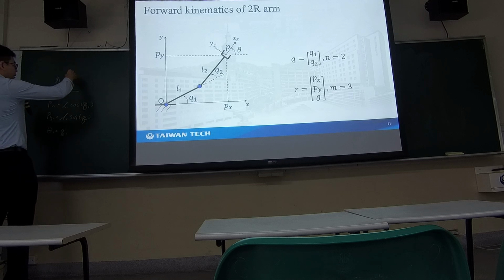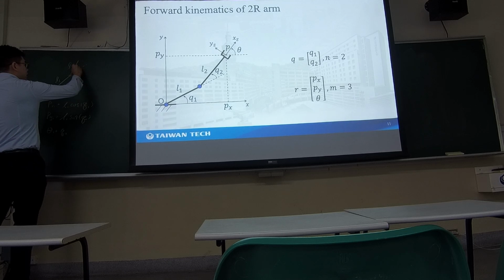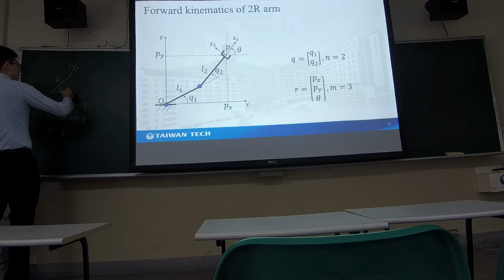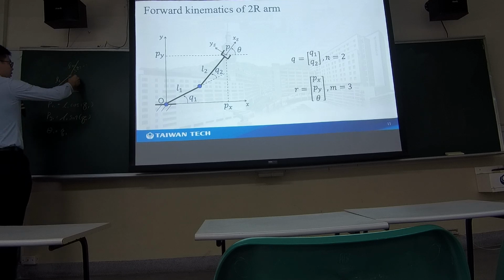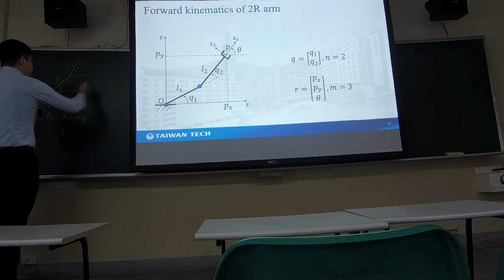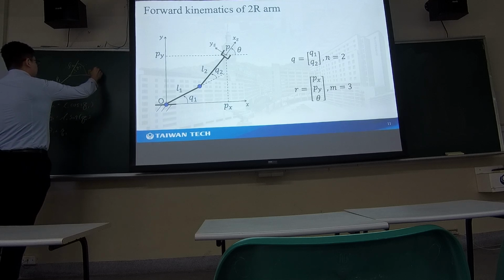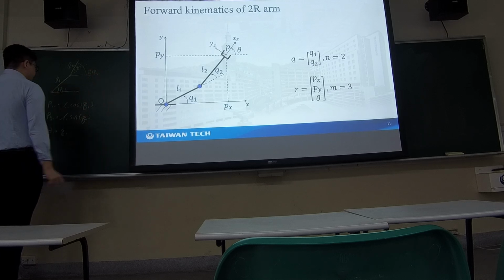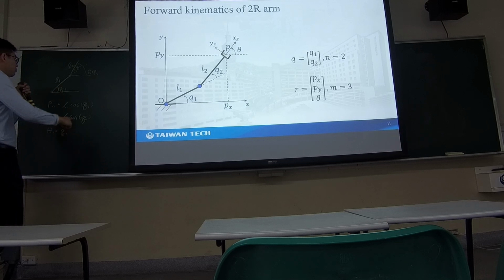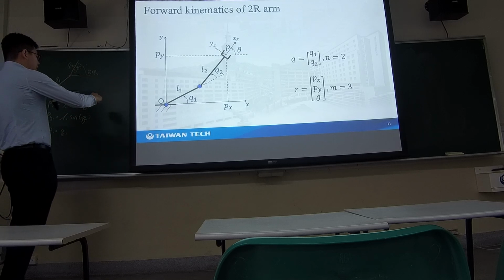And how do we calculate link 2? So we will have this one, which is Q2. And what is Q2 measured from? From the horizontal, the x-axis. It is Q. So, for the P,